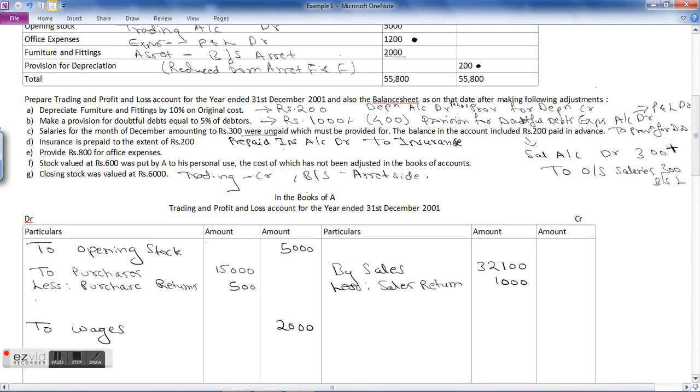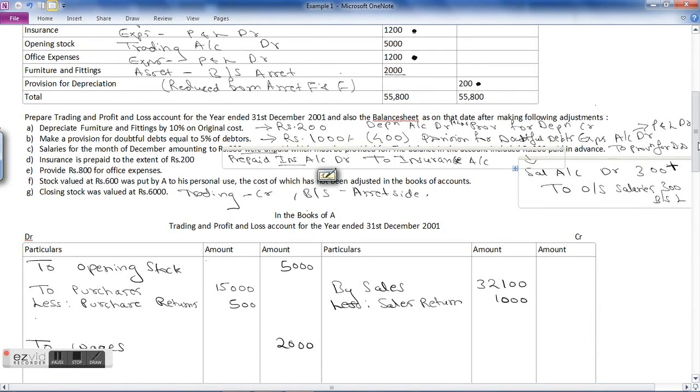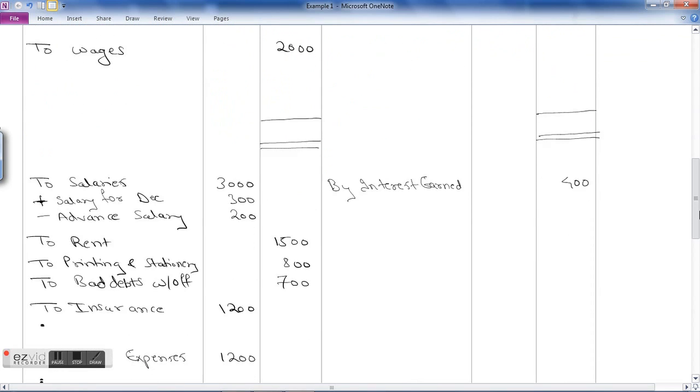Now prepaid insurance is again a personal account having a debit balance, so it will go to your balance sheet asset side. And to the insurance account, insurance is already showing a debit balance of 1200 if you see the trial balance. Now if you credit the insurance account, you have to reduce rupees 200 from your insurance on the profit and loss account debit side. So to insurance,